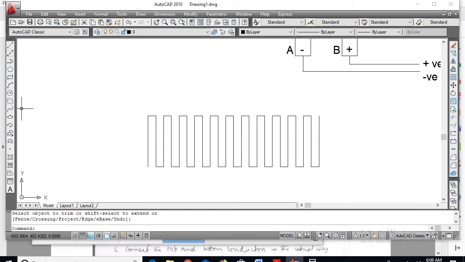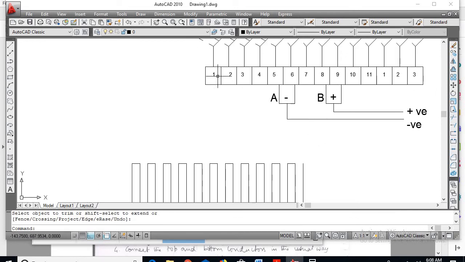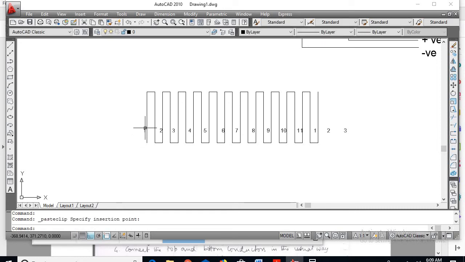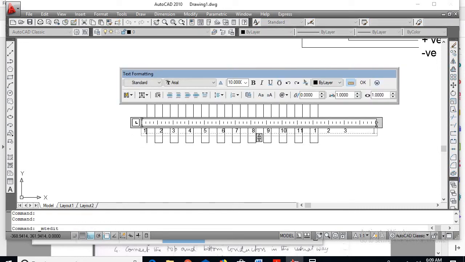So as usual, number the conductors as per the winding table. So go for M text, or already text is here. So select this, Control C, Control V. This is the first conductor. So double click. Okay, so 1, next will be 6,